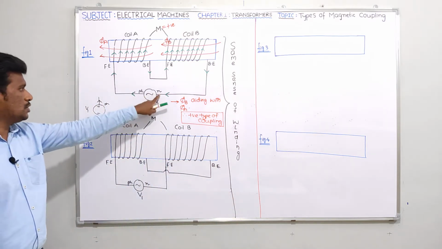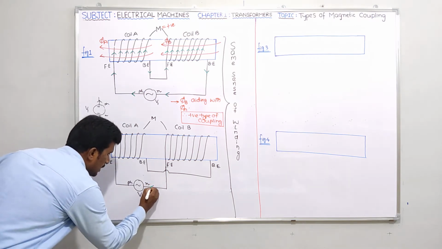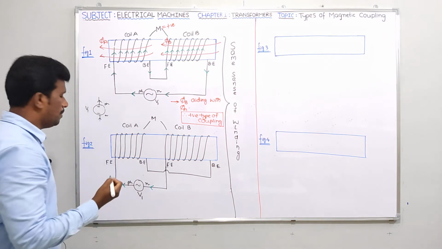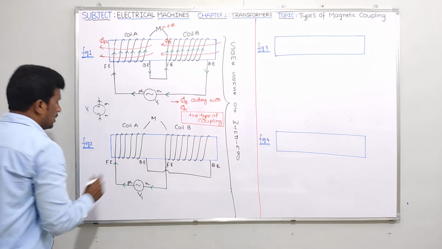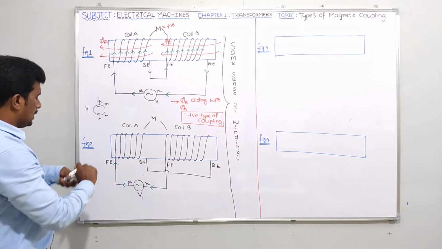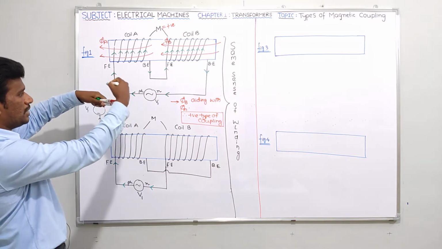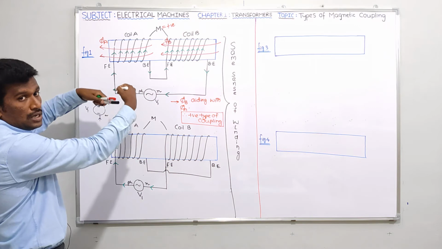As I told, phase and neutral, at that time the direction of current should be like this. It is entering at the neutral terminal and leaving at the plus terminal, or I can say the phase terminal. So it is coming like this. Now tell me, guys, once again current is entering at the front end of the coil, so the direction of current should be upwards. It is entering, leaving at the back end.